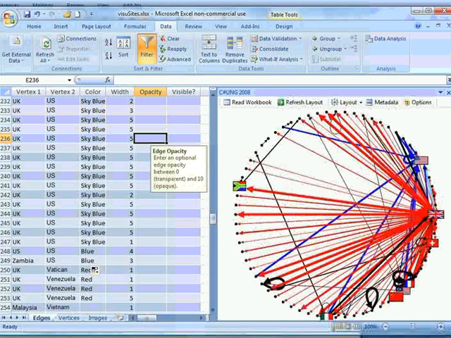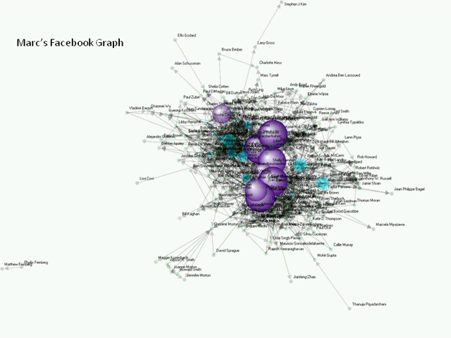In the next image you can see the circle layout. This is a layout representing the flow of information or news articles from one nation state to another. It's worth noting that Britain, for example, exports and imports news from many more nations than the United States, which is mostly an exporter of news rather than an importer of news. In the next image, you're seeing a naive representation of my Facebook graph. Perhaps some of you are my friends. If not, I'd be delighted to be your friends.